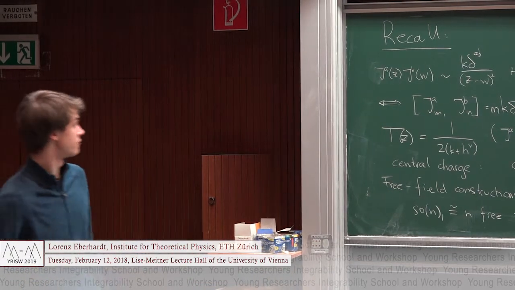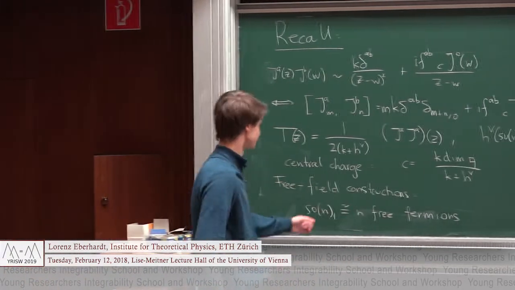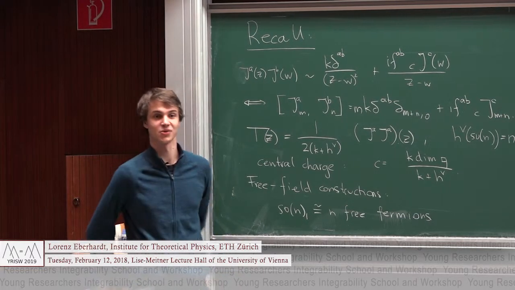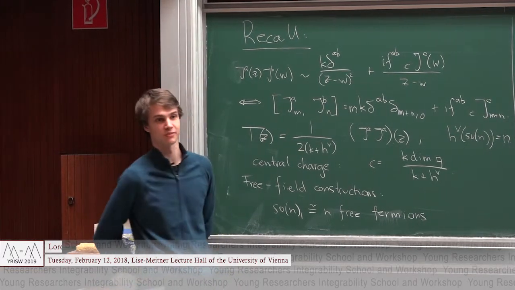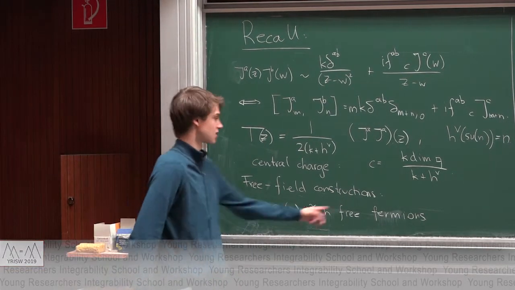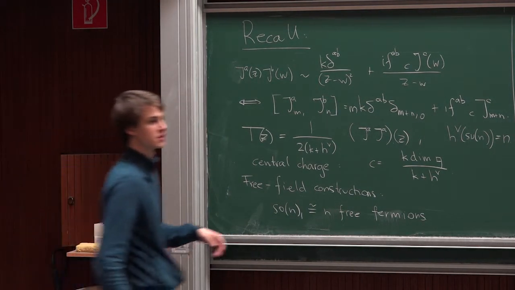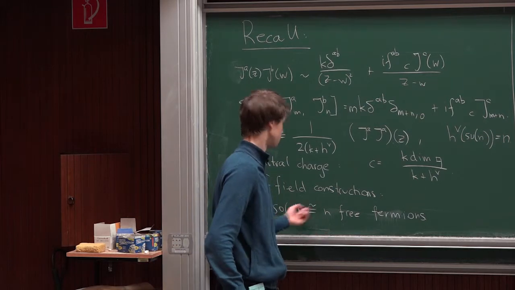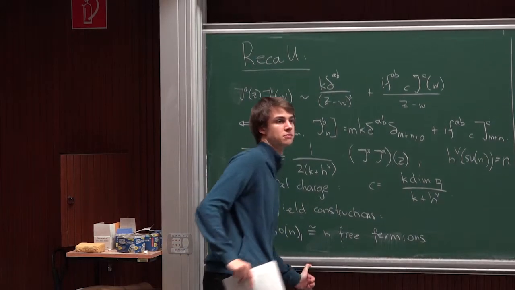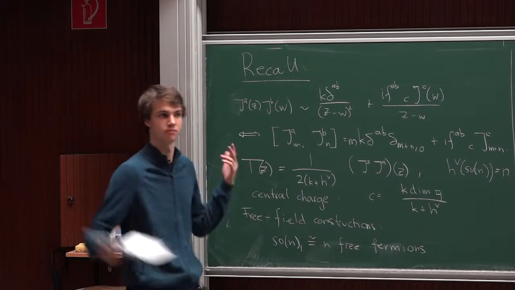Good, and then in the very end, we showed, or I convinced you, that SO(N) at level 1 is something special, and we constructed it in terms of N free fermions. So it was a free field theory in disguise. But in general, for general level, you won't have such a thing. We had something similar for U(N) level 1.